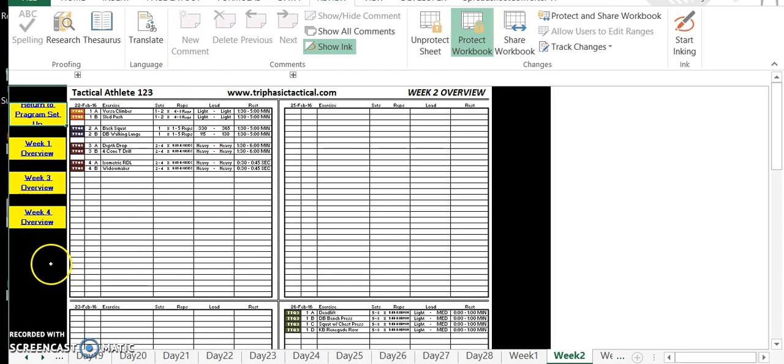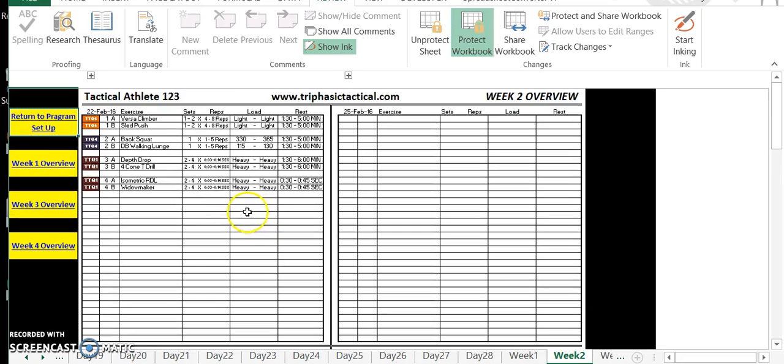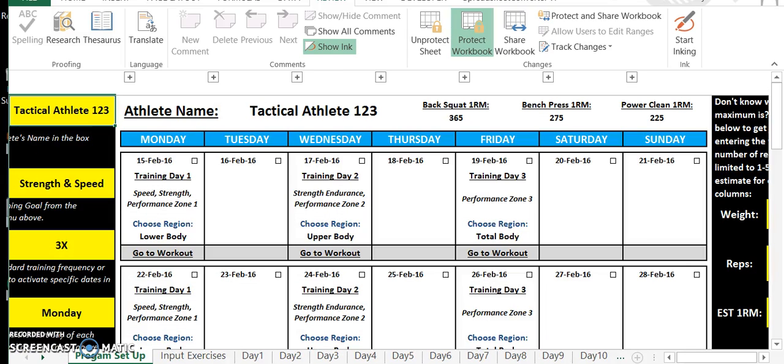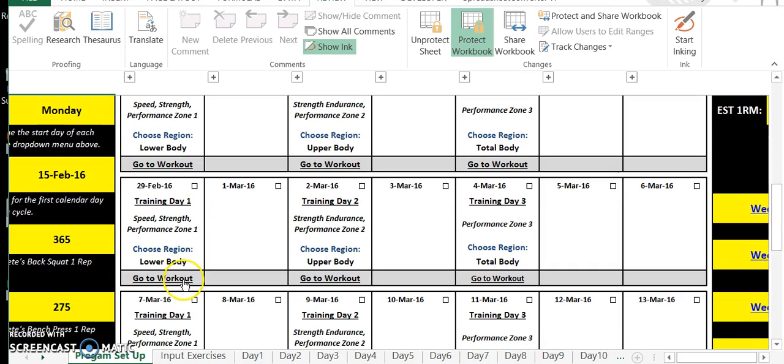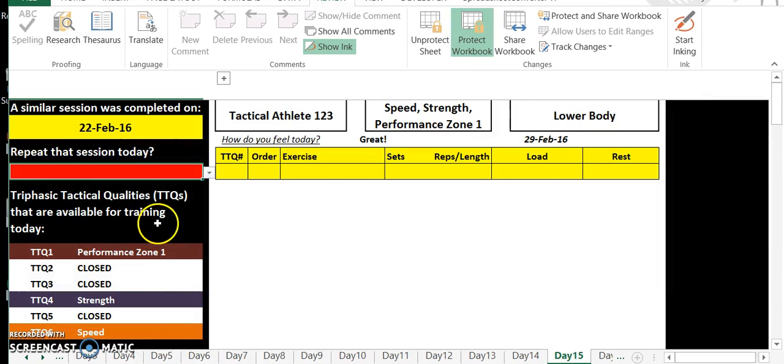Now, if I want to do the same thing for week 3, we will go back to the program setup here. And I'm in my program setup. And let's look at Monday training for week 3. And I get the same option, but the date has changed. It's letting me know that I completed the same session a week earlier on the Monday. And if we go back to that session,